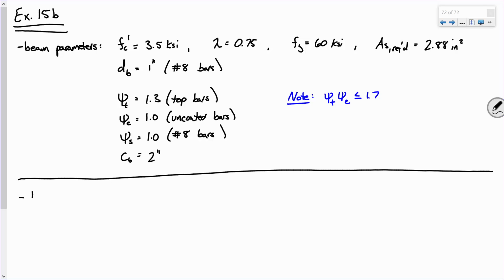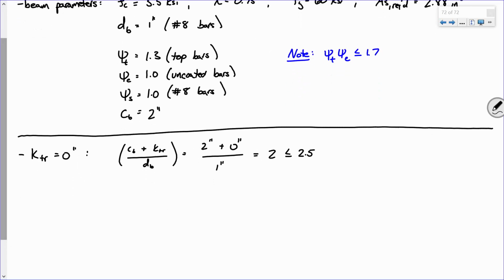So we're going to do one with KTR equals 0. All right? So if KTR equals 0, what do we say? All right, C sub B plus KTR over dB is what? It's 2 inches plus 0 inches divided by 1 inch, which is 2. Is that an acceptable answer? Yes, because that value has to be less than or equal to 2.5. All right. So, therefore,